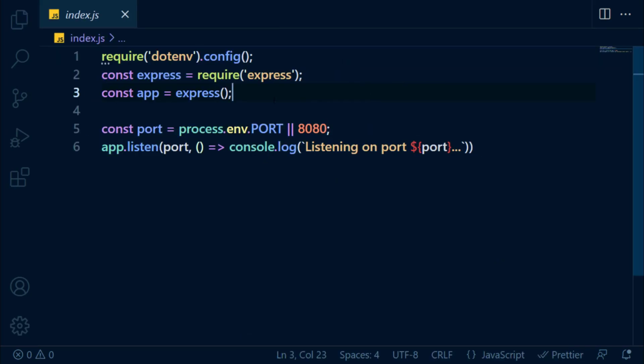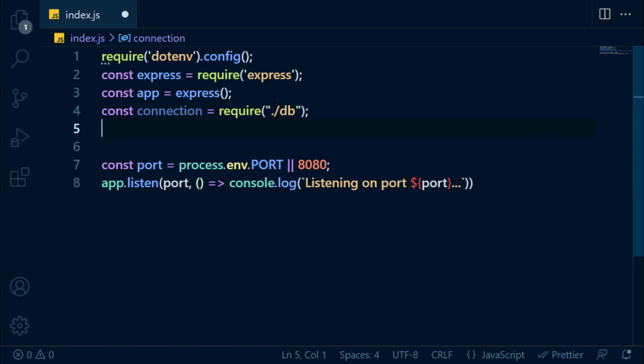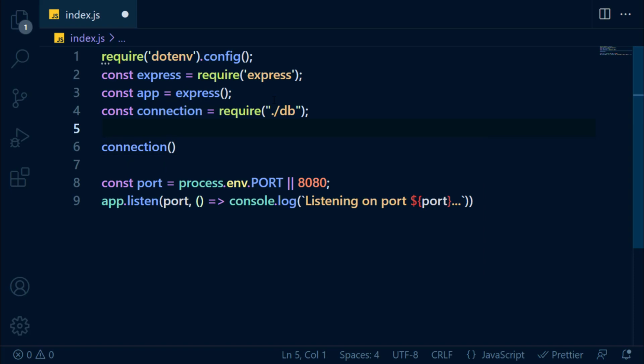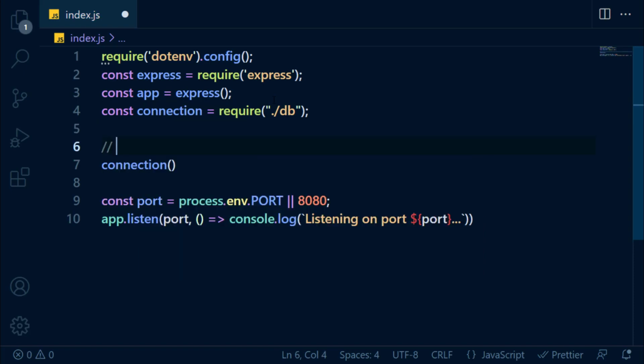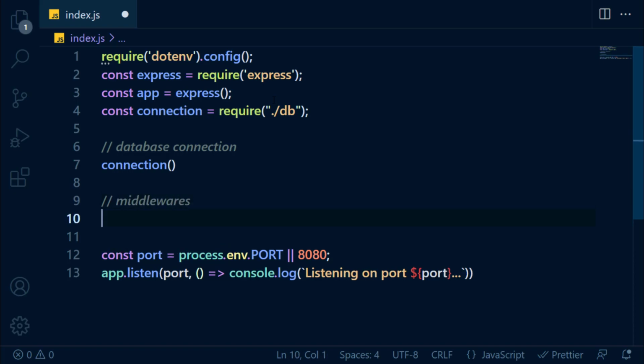In index.js file, let's import our db.js file. Const connection is equal to require db.js. Okay, then we're gonna call this connection, and let's write a comment here, database connection. Okay, let's add a comment here, middleware